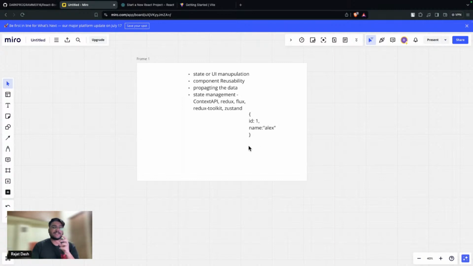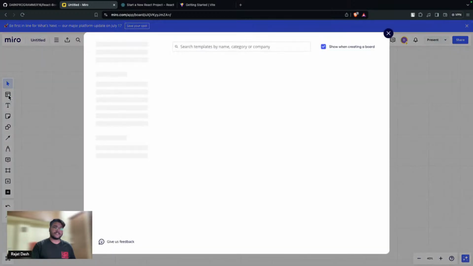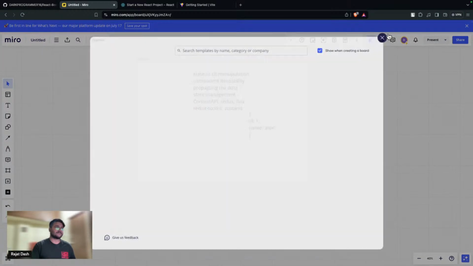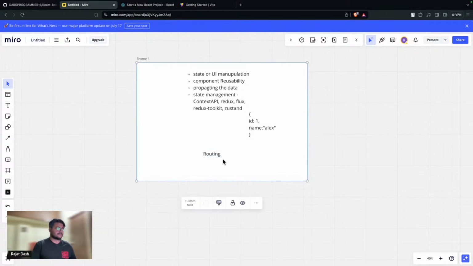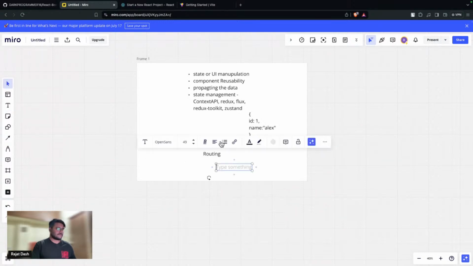The multiple pages or multiple screens which you can make in React are made with the help of React routing. And for routing, we have a package called React Router DOM.